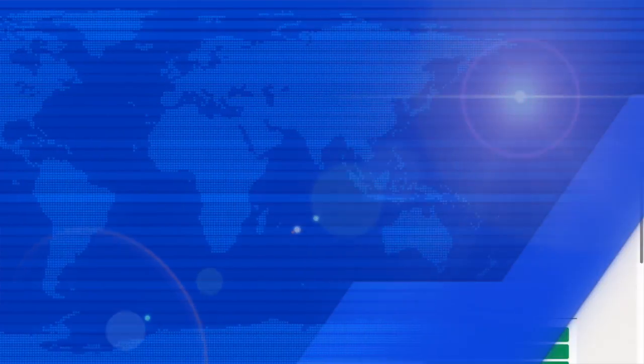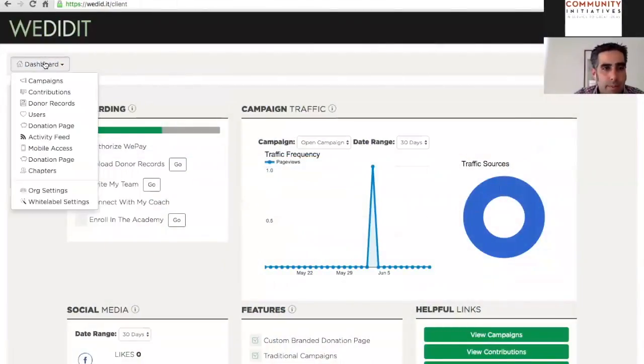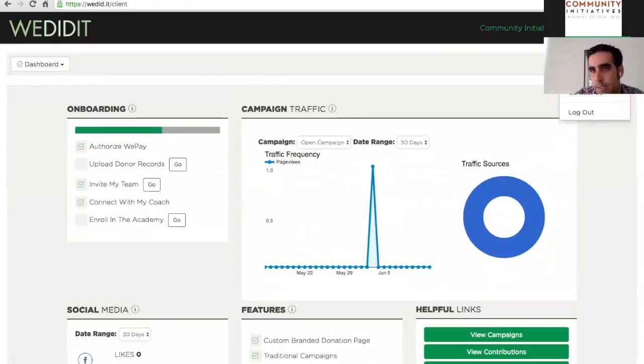One more thing I'd like to point out, and we have our main menu over here. Then we have a submenu over here that's specific to the user, and you can see I have user settings. My dashboard takes me back to this dashboard. User settings, I don't believe you guys have to worry about billing and help, of course, we've seen that, and contact us is another way to get a hold of the folks over at WeDidIt. But user settings is where, and I think you guys will like this,